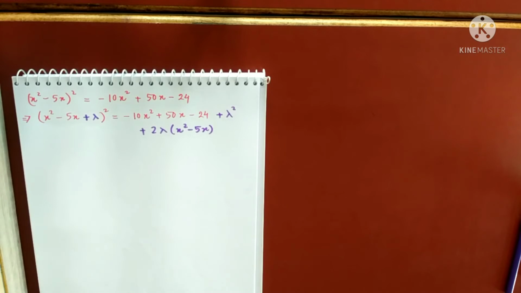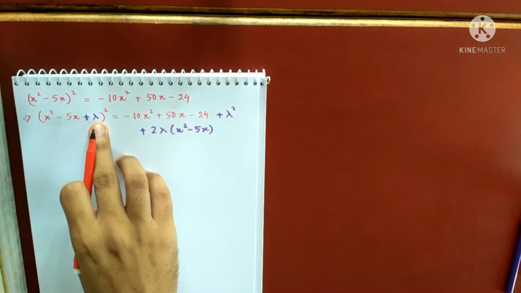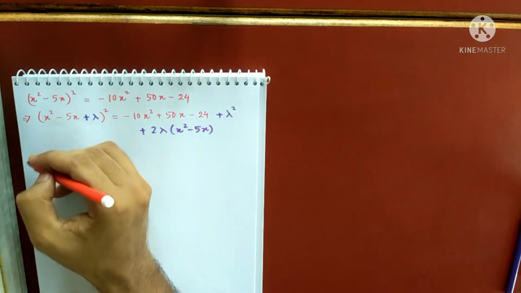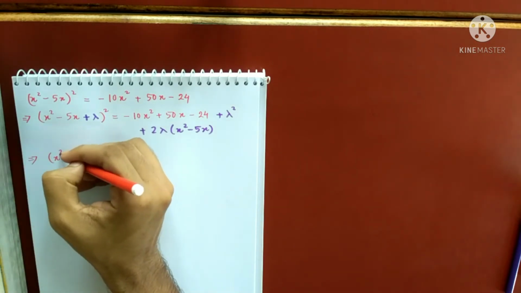So the reason for doing this is to make the right hand side a perfect square. So we want to determine this lambda for which the right hand side is a perfect square. So first let me